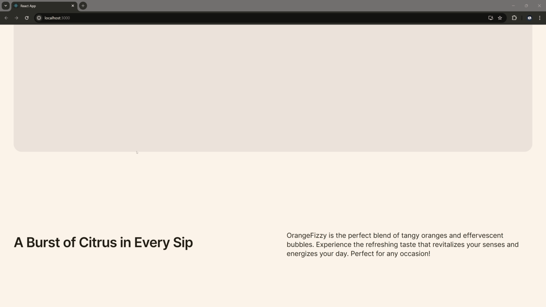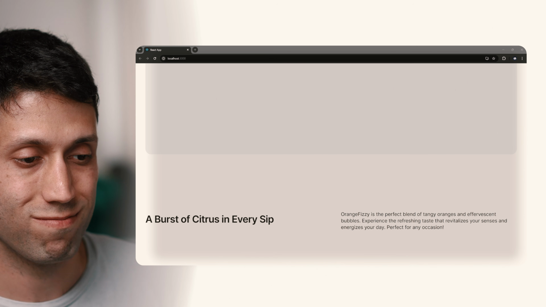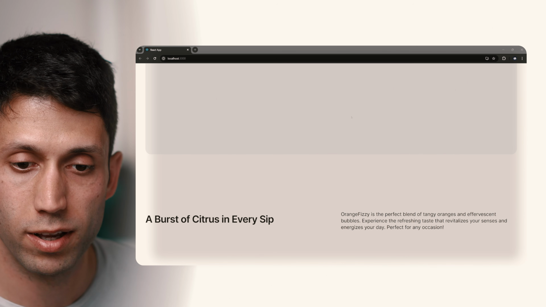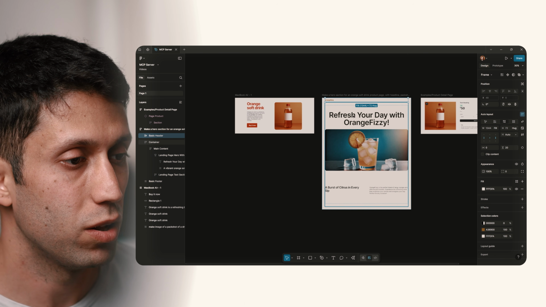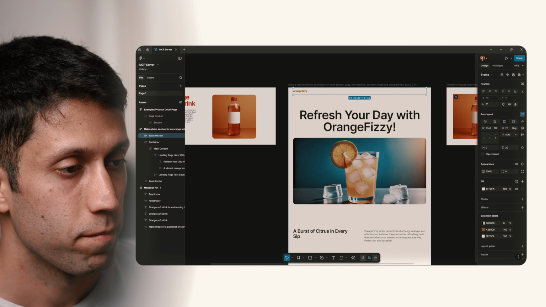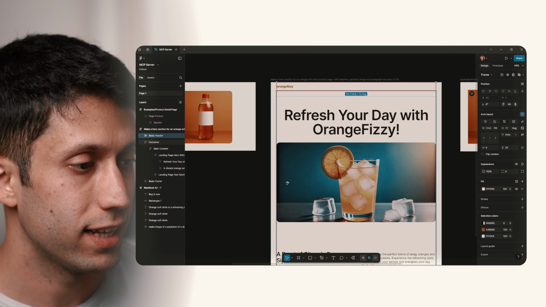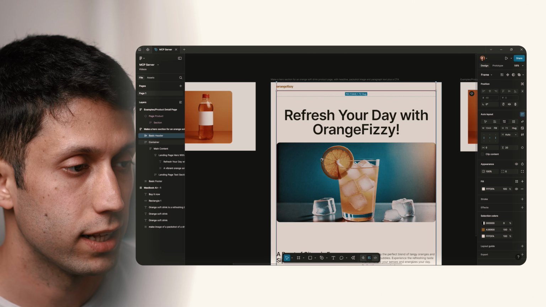So when we get back to our browser, we can see that our new design is here in the same page, but of course it doesn't look exactly like what we had in the design. Let me bring up the design one more time so that you can see. So here we had this navigation with the logo, then we had this headline, which is missing, and I guess the text and the image thing is not properly fitted there.